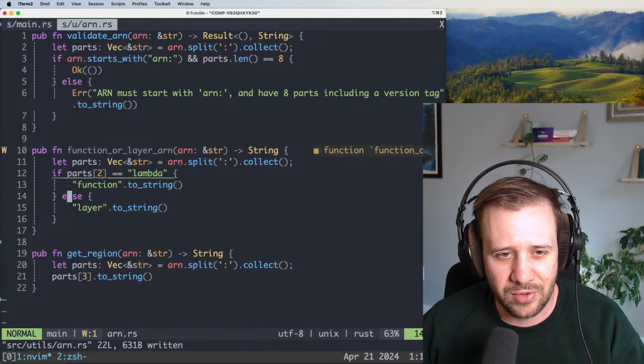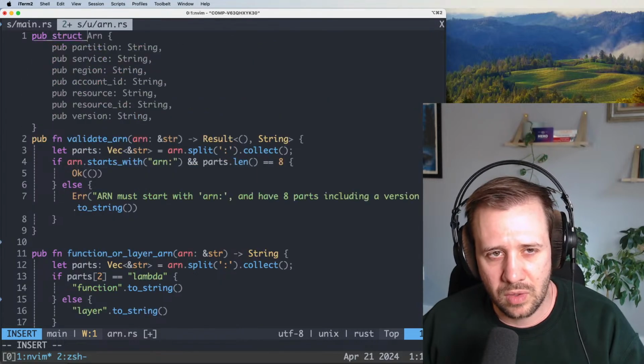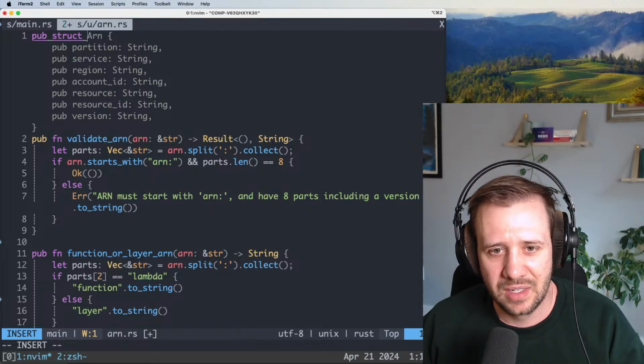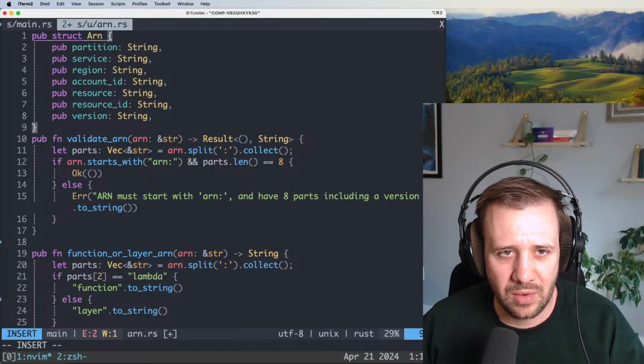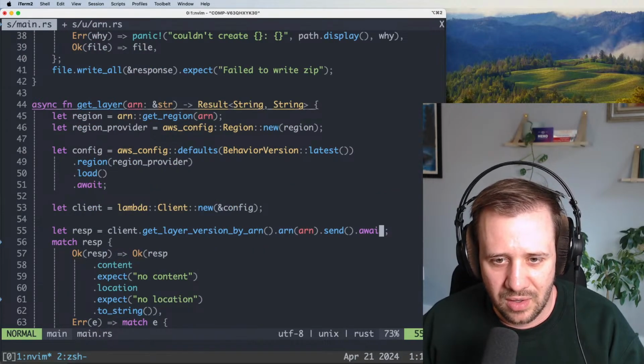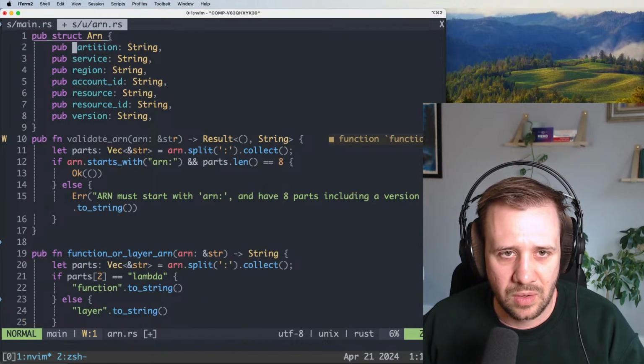And I don't know if we really want to return strings, though. We could return a new struct. Pub struct. Do we want to return all the parts? Not really. Let's let it autofill that first, because I don't think we need the, right, I need the string at the end of the day. Oh yeah, we absolutely need a string. So instead, let's do ARN, and then